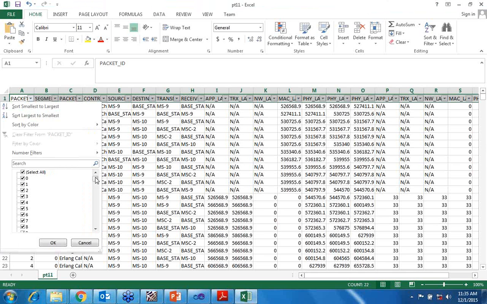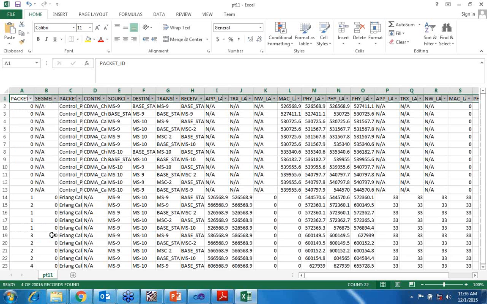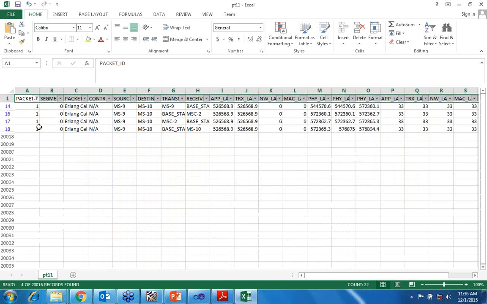So in packet ID, when you choose any of the packets, let's say packet 1, if you click on packet 1, it will show you the packet 1 only, and it will show you how this packet 1 is moving from one source to destination.